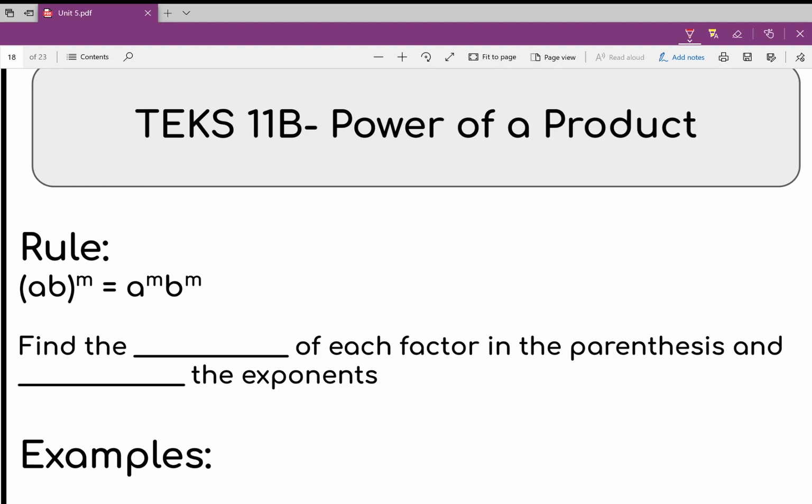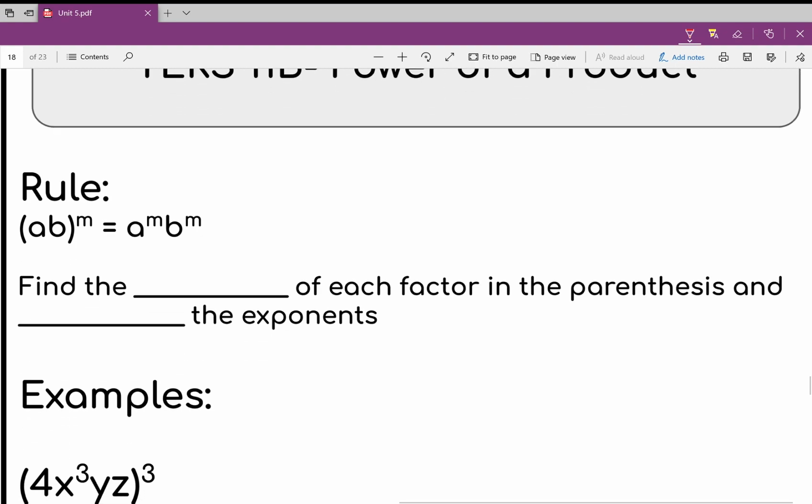TEKS 11b, power of a product. So our rule that's going to be on our star chart, so let me write this out, star chart reads: the product of A and B raised to the n power is the same as A to the n power and B to the n power. So this is the same as saying that we need to find the power of each factor in the parentheses